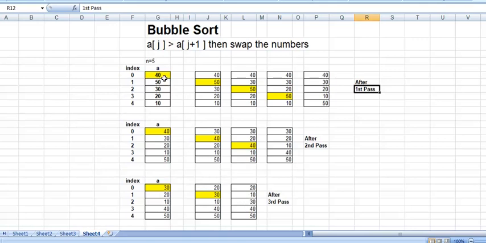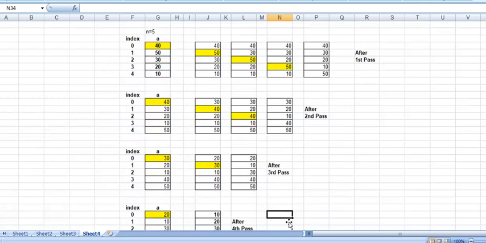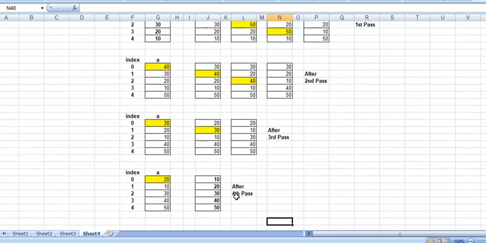Now see, here we did 4 comparisons, here we did 3 comparisons, now we did 2 comparisons. So we are reducing by 1, because every pass one number is getting into its proper place. Now you can see 30 is in the proper place. Now 30, 40 and 50, the highest 3 numbers, are in the proper order. Only these two numbers should be aligned properly. So we will have one more pass, the fourth pass.